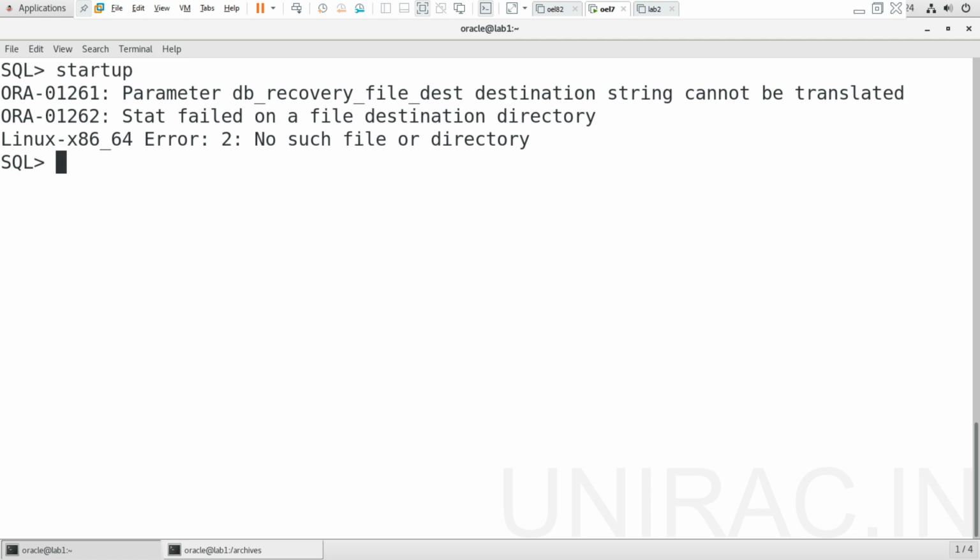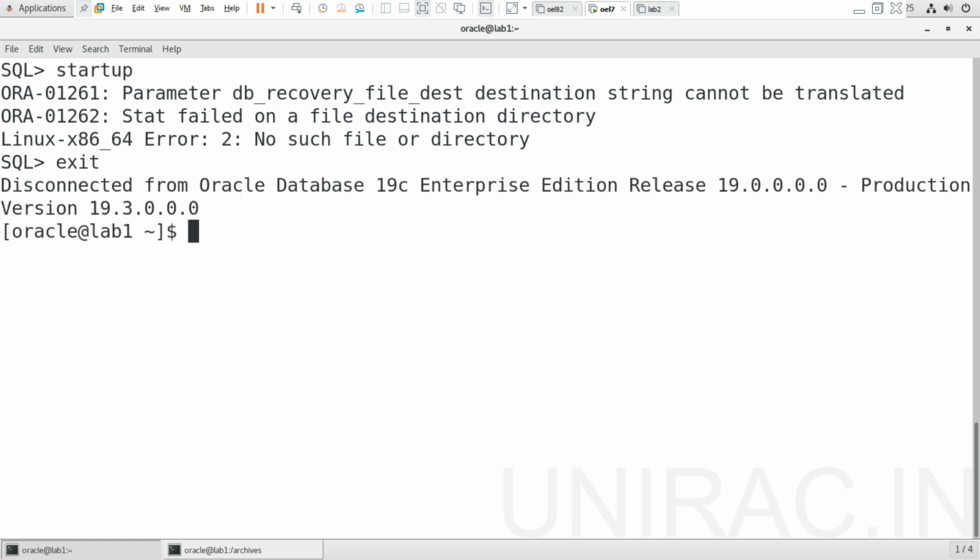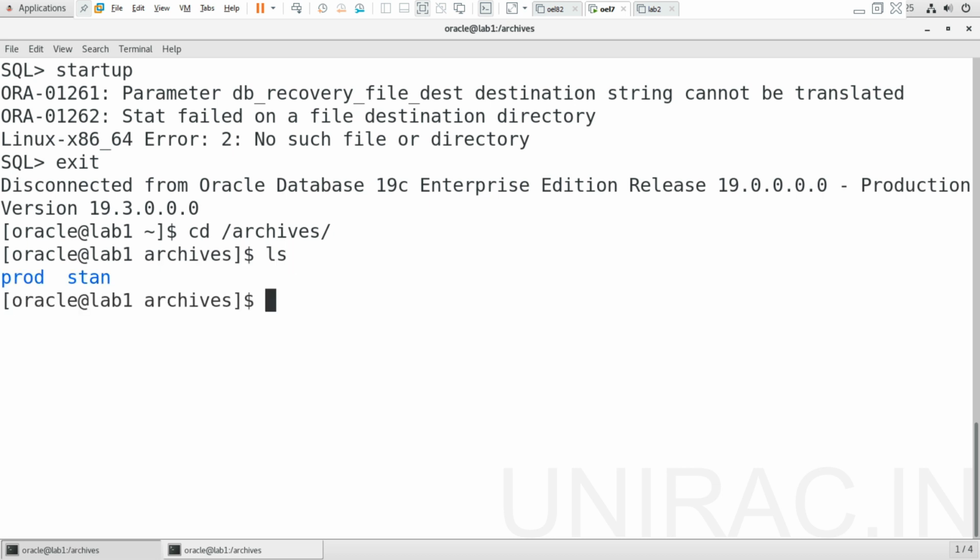So we have an error: db_recovery_file_dest cannot be translated, no such file or directory. Of course, we don't have a physical destination. In case you receive error ORA-01261 in your environment, ensure the destination you set physically exists. It's not available, so let's create it and try again.